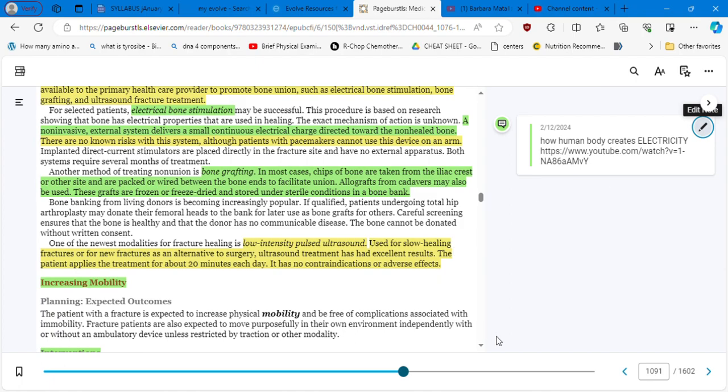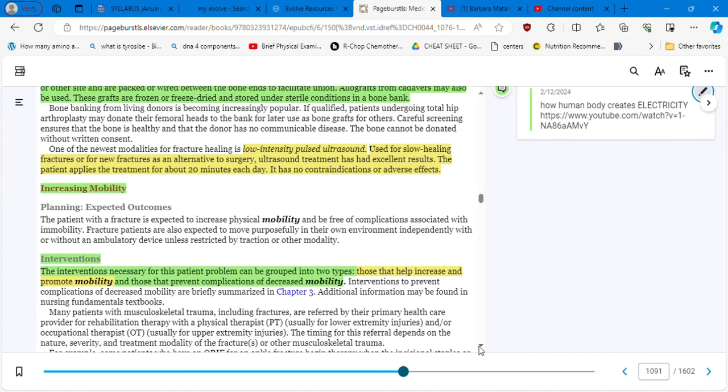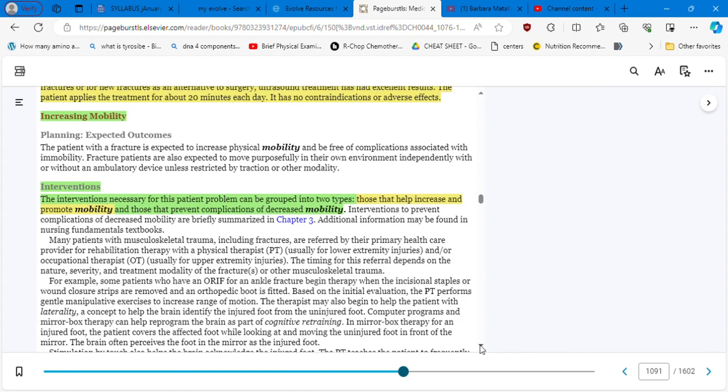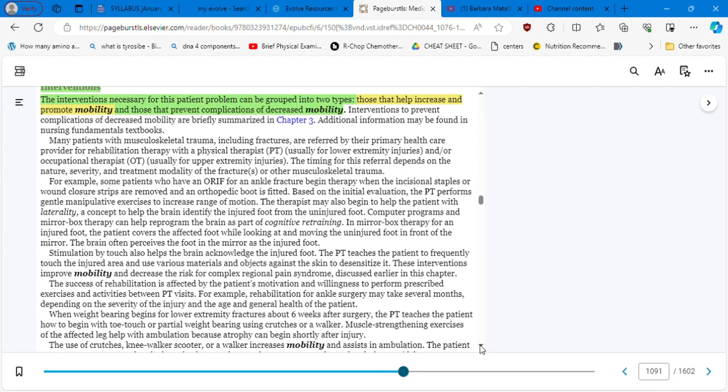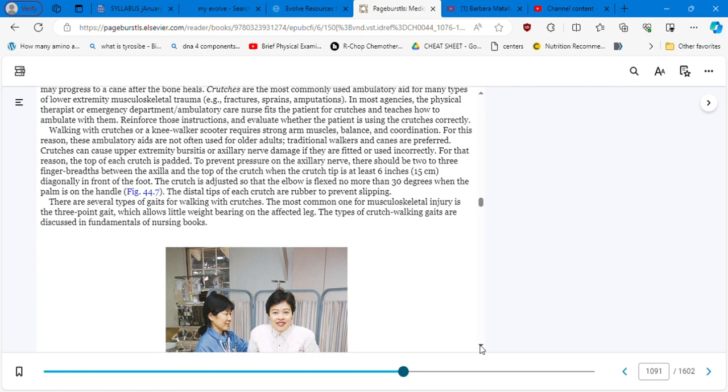So let's continue. Increasing mobility. That's one of the things that we need to achieve in patients with fracture, and what we are going to do. The interventions necessary for this patient problem can be grouped into two types: those that help increase and promote mobility, and those that prevent complication of decreased mobility. Okay, so we can double check depending